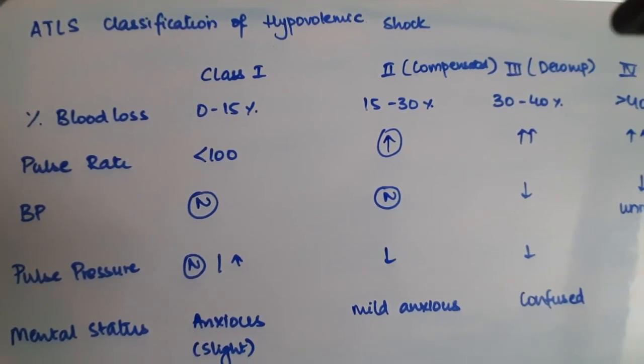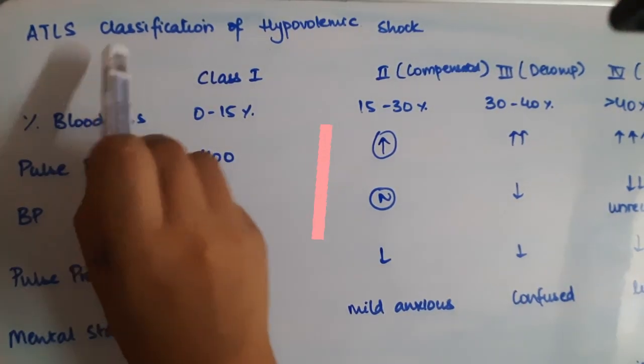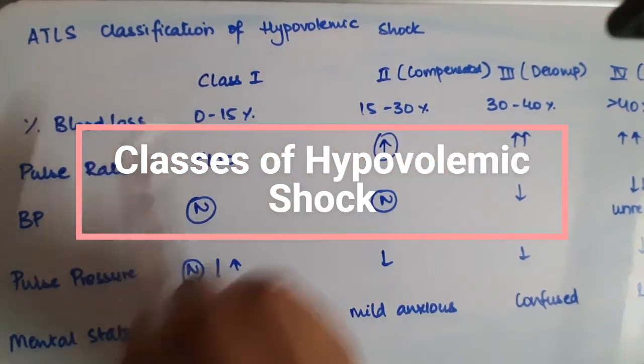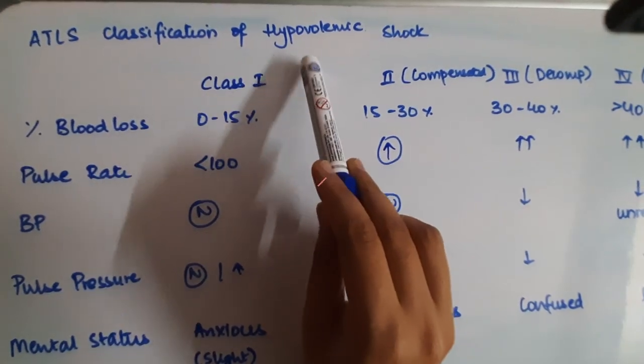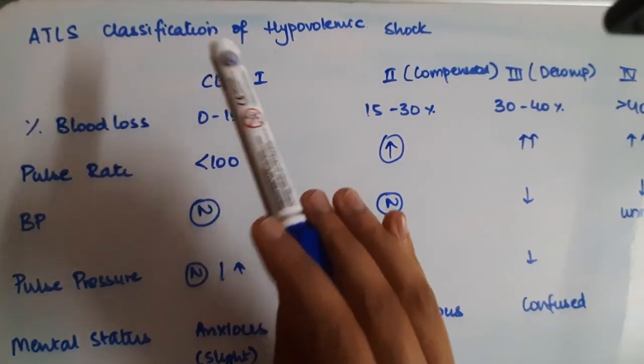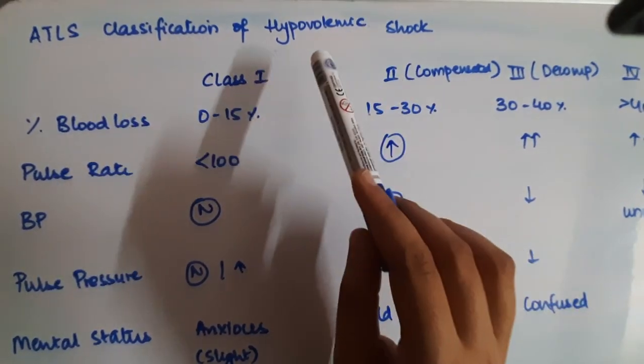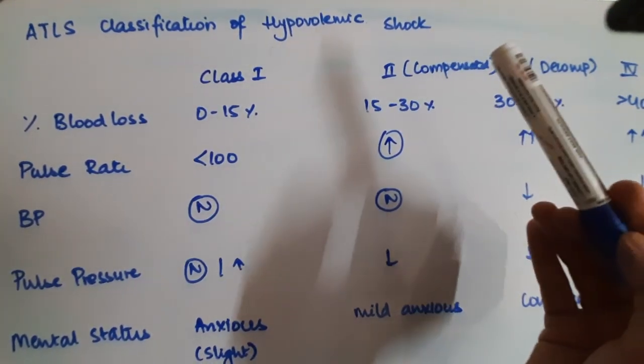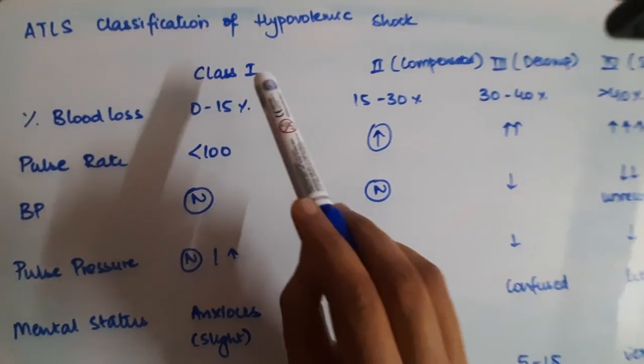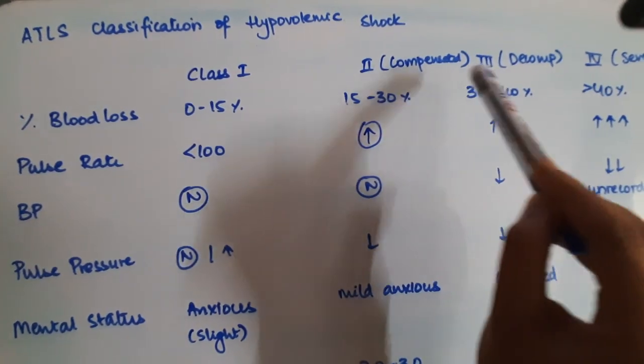Hello everyone. In this video we will talk about the ATLS classification of hypovolemic shock. So what happens in a hypovolemic shock is that there is some sort of a fluid loss or blood loss from the body. Now depending on how severe the shock is, it can be classified into class 1, 2, 3